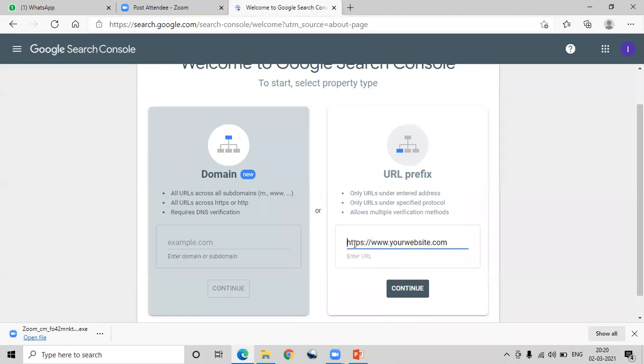Then click on continue. Then it will give you a code which you have to put in the head section of your website.